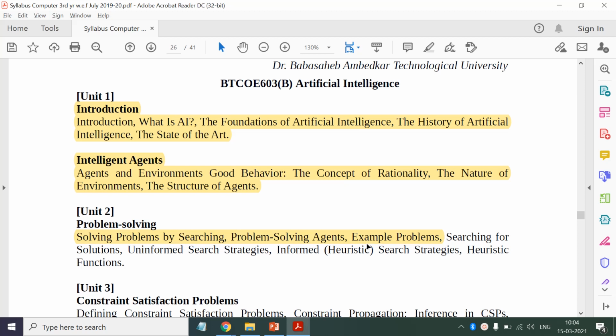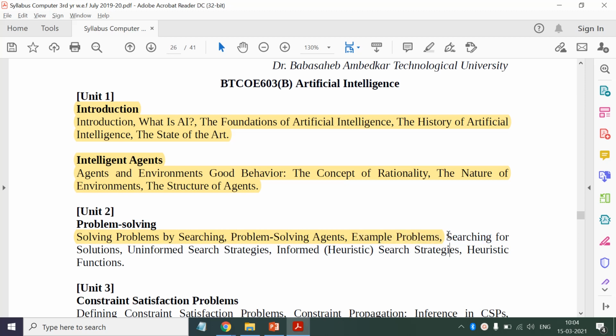So how to avoid the ambiguity in the problem statement? For that we write a well defined problem in terms of 6 components, right? States, initial state, then transition model, then goal test, right? And that we have seen through a number of example problems. There we have seen I think 4 to 5 problems. We have seen traveling salesman problem, then 8 queen problem, 8 puzzle problem, 3 missionaries and 3 cannibal problems.